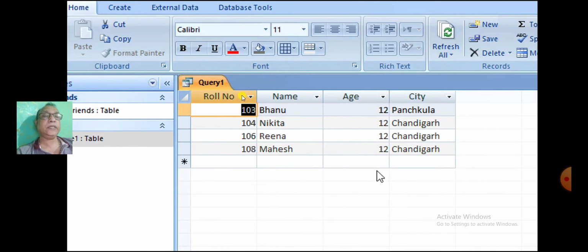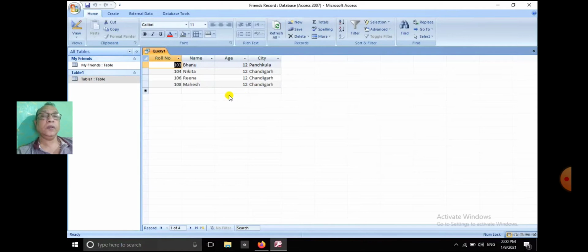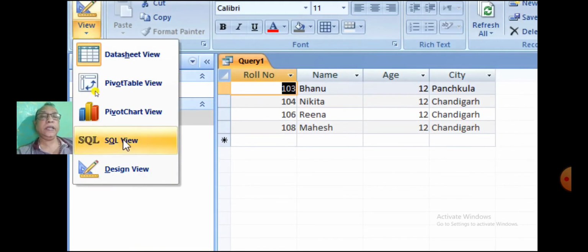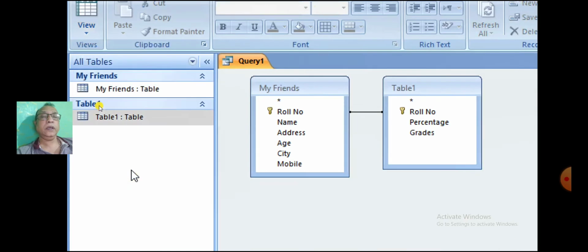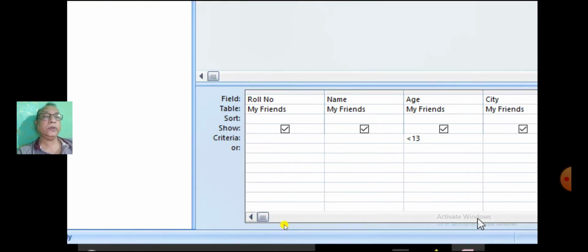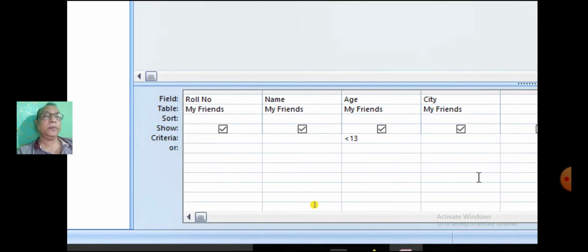To execute the second query, go to View, click on Design View. That will take it to the query design window. Remove the previous query criteria.